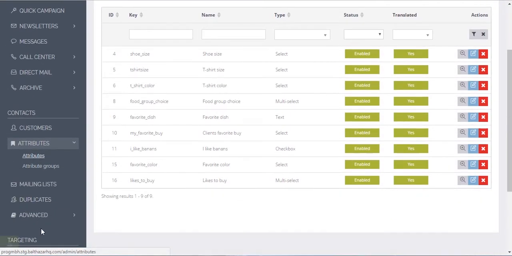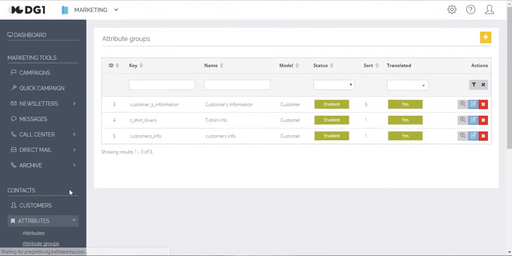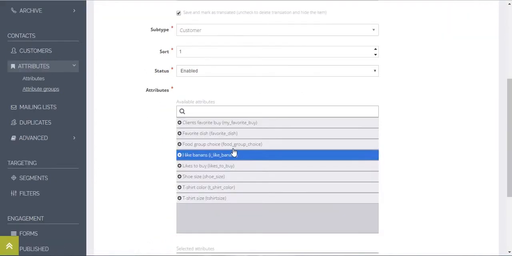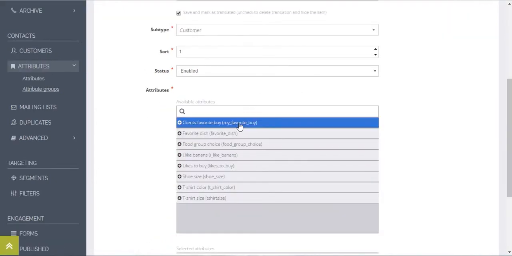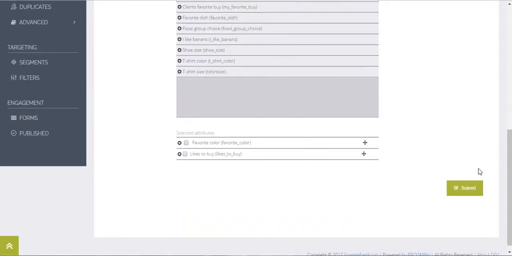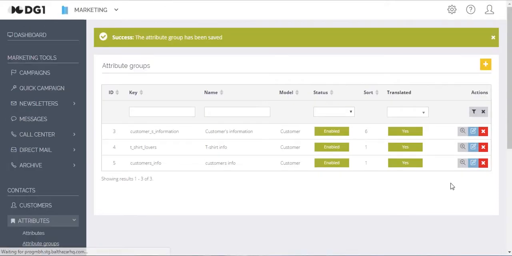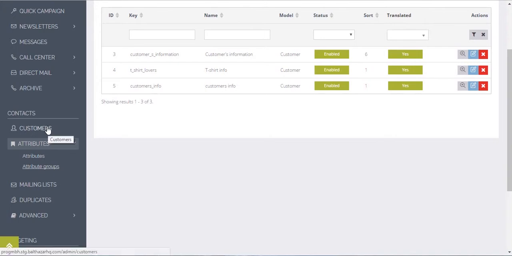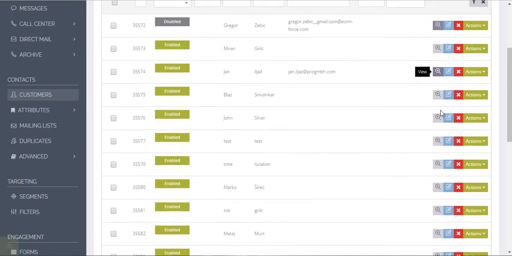Then you go to attribute groups again. You choose the one we've made before, customers info, and you choose your attribute, likes to buy. There you go, and click submit. Now let's go and see how these attributes and attribute groups are seen under your customers, where you can then actually edit them. Go to customers. Now choose a customer